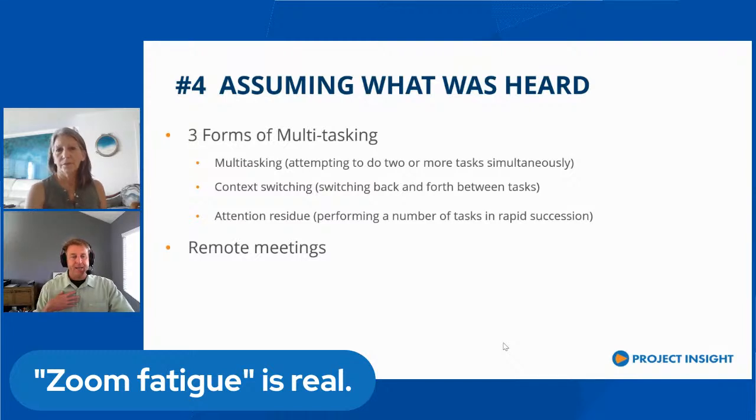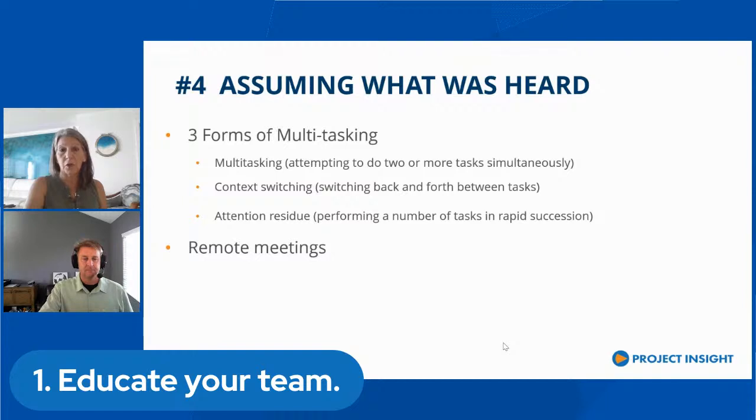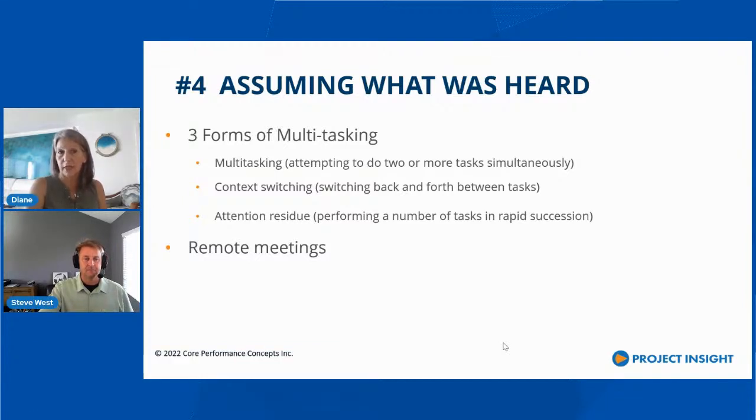So you're saying, getting back to it, because people multitask and are doing so many things, your assumption when you message them is that they got it, but they don't. So what do you do about it? Well, there's all kinds of things to work on. A, educate your team. B, ask them to be on the meetings with their cameras as much as possible. Be honest about the fact that people are not hearing everything when they're trying to multitask.